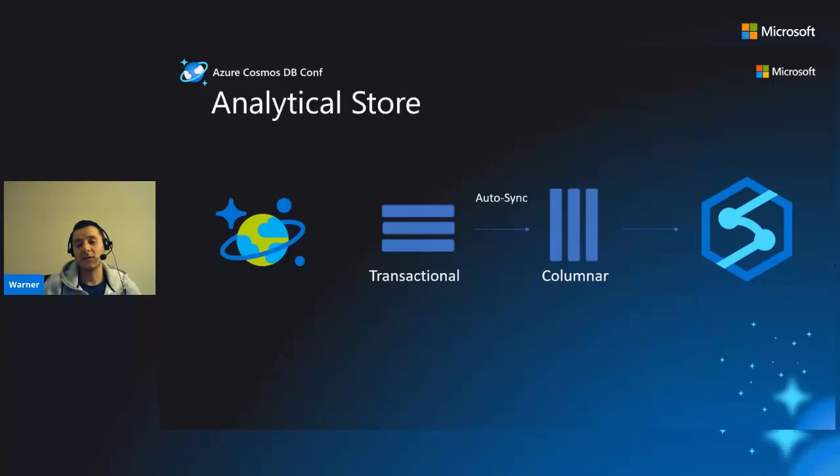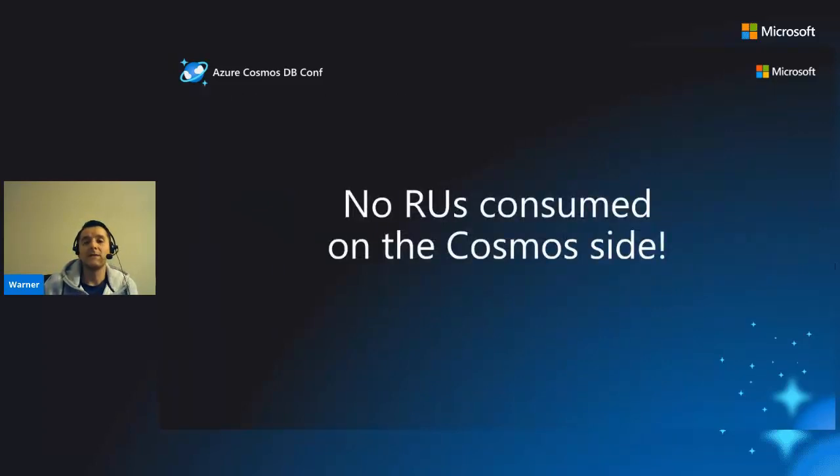And this, all you need to do is enable it, and all the behind the scenes magic happens automatically for you. There's no RUs consumed on the Cosmos side at all when you run queries through the Cosmos Synapse link. And I can't stress this enough. If you were thinking, how do I run reports and not impact my Cosmos DB application because this data, I like it,